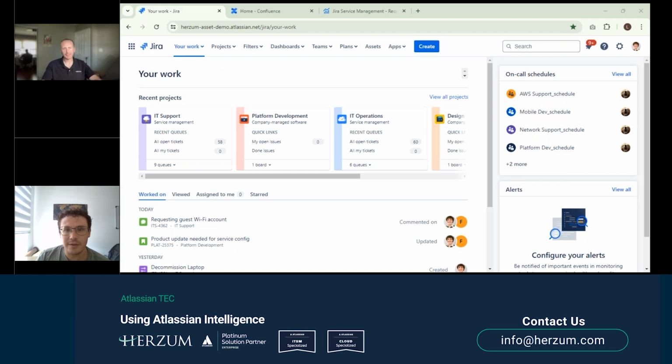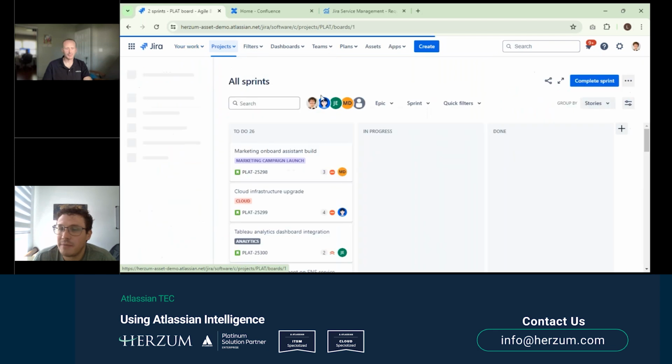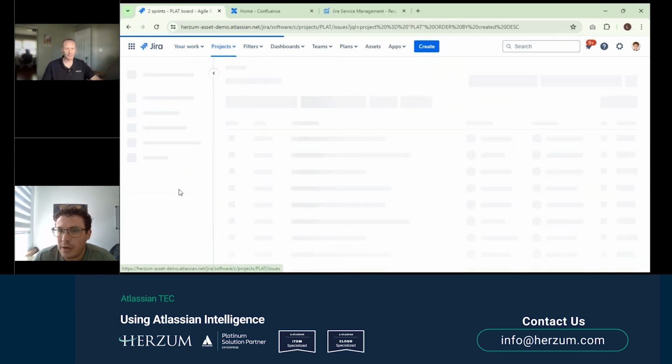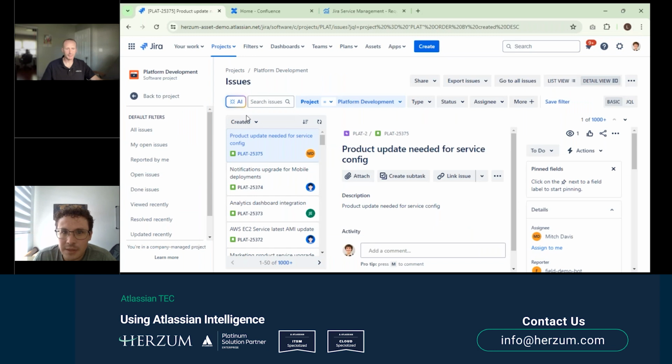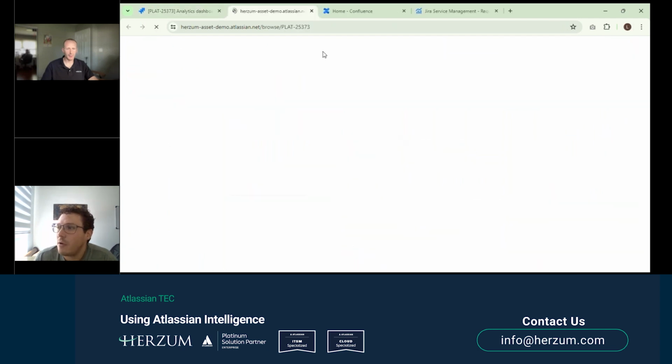So the first thing that I want to show is how we can use the generative AI in the editor. For that, I'm going to go to a Jira software project, in this case, the platform development project, and I'm going to search for an issue that basically is working on the analytics dashboard, and there's an integration that's going to be there. So if I open this ticket,